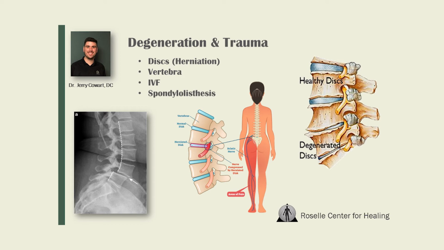So the spondylolisthesis, if you look at the x-ray picture here and you see where the arrow is pointing to, you can see that you have that dotted line that is nice and curved and straight and it looks super pretty. And then you get to where the arrow is pointing to, and then you see where that dotted line breaks and goes off and does its own thing. Well, that's because you have that vertebra that just moved completely forward. There's a few different ways that can happen.